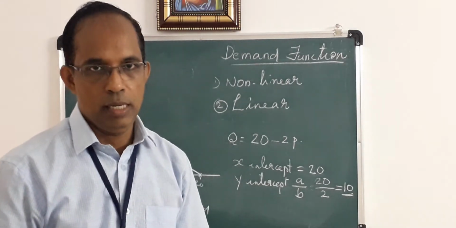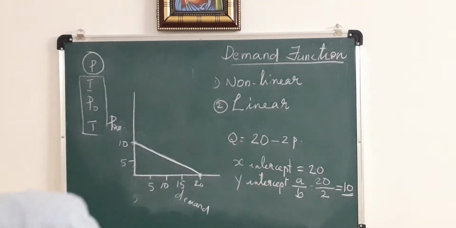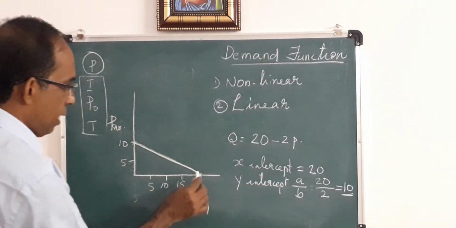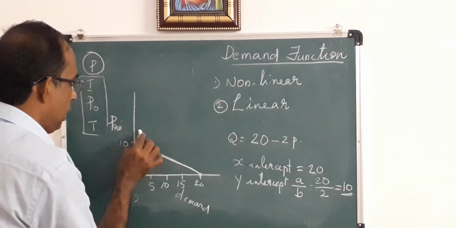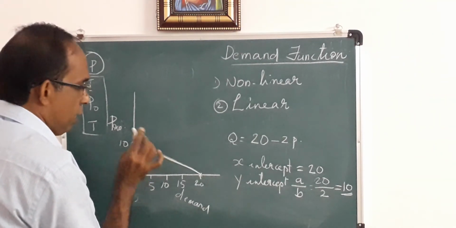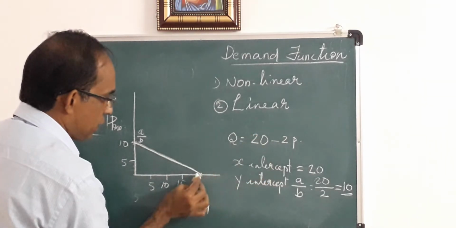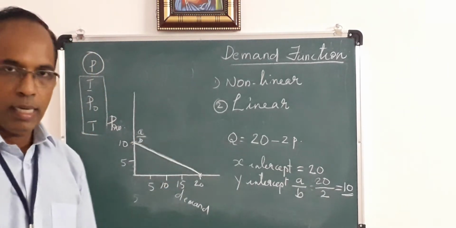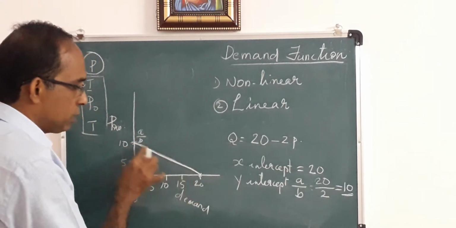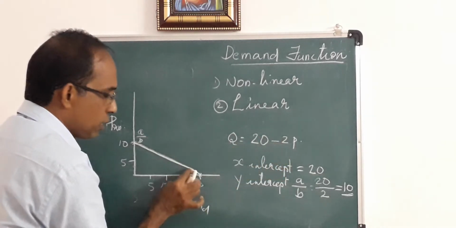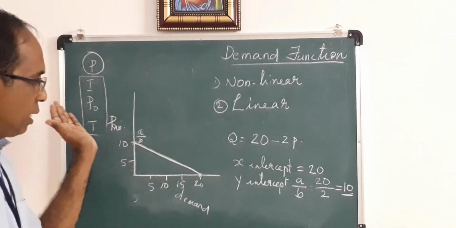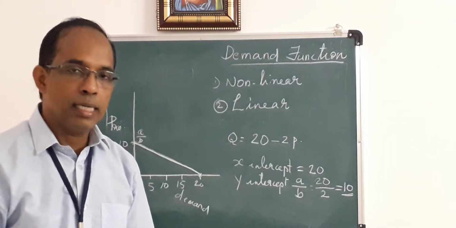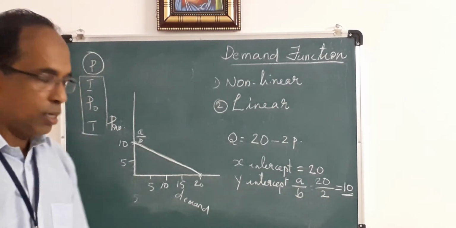Linear demand function. Now let us see the demand of HUMR, and this is the A, and this is called A divided by B, where A determines the position of the demand curve and B shows the slope of the demand curve. Here the slope of this demand curve is -2. Minus sign is given because it is a negative demand curve. Clear?